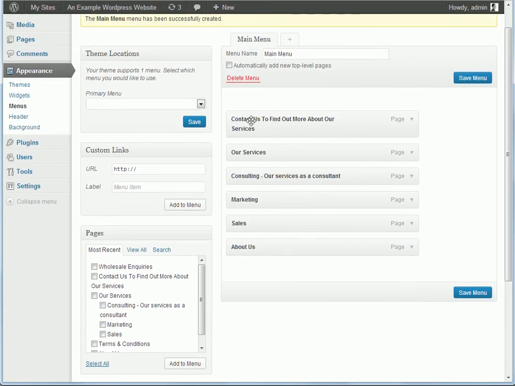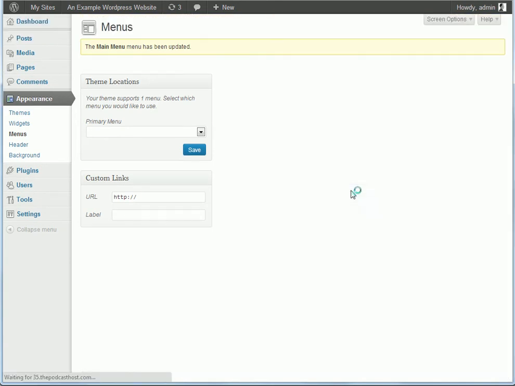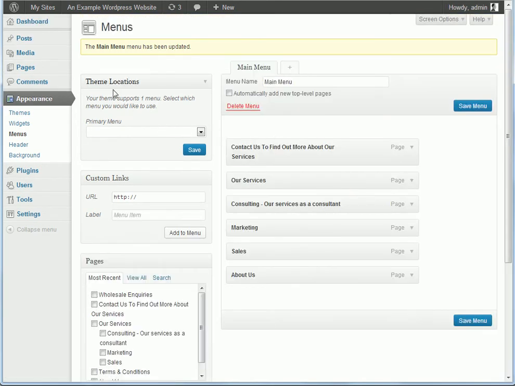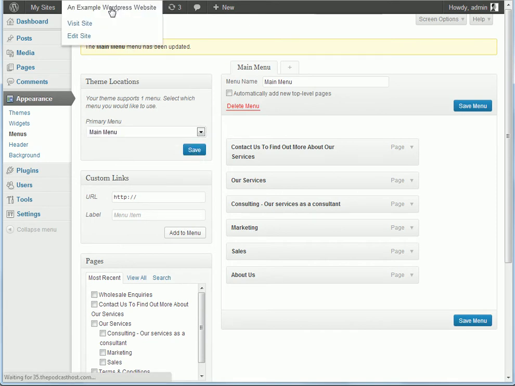So you see that those pages are now in the menu. So let's click Save Menu. And then I'm going to choose which menu appears. So here up in the top left, it'll show you all the places where a menu can appear within your theme. Some themes will have quite a few menus. You'll have sort of header menus, you'll have the main navigation, you'll have footer menus. So you might have a few different options here. But here in the standard default theme, you've just got the primary menu. So I'm going to select my main menu, click Save, and now if we go out and visit the site,